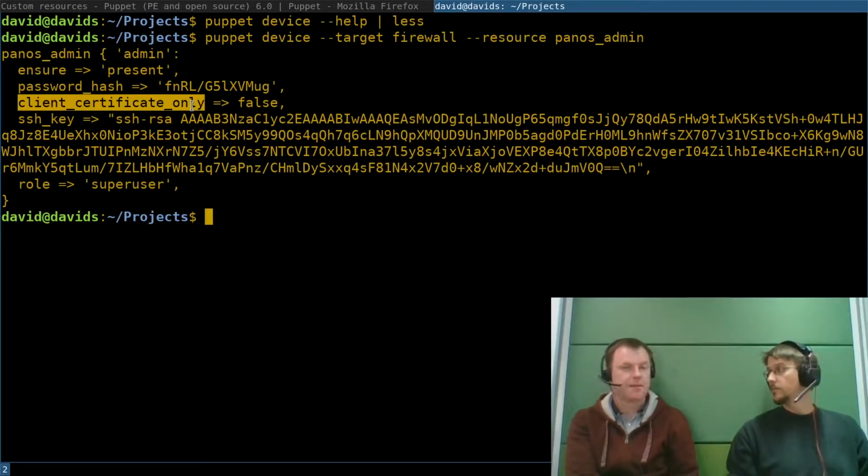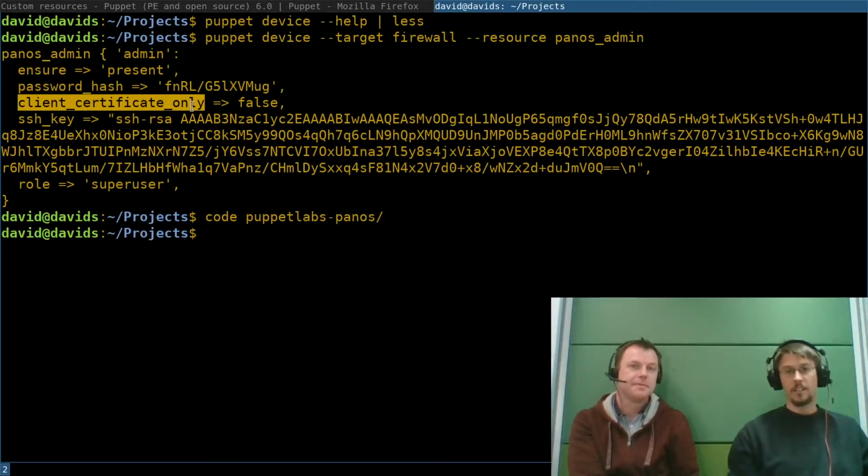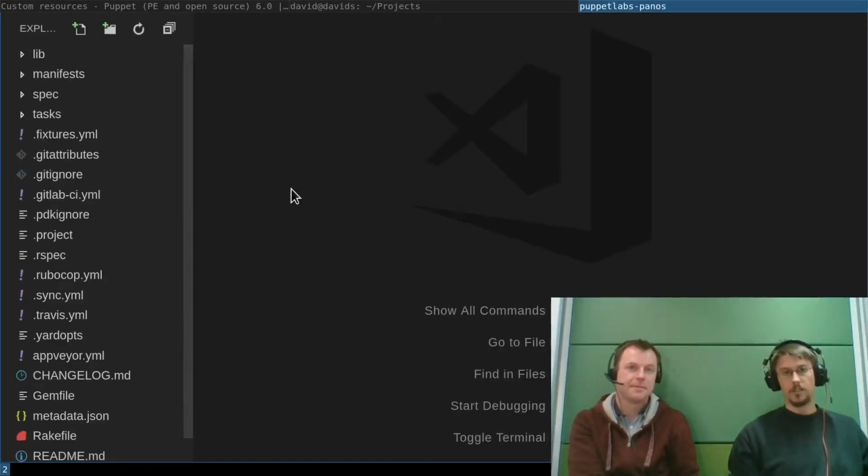All right, that sounds pretty straightforward. So could you maybe walk us through a module and maybe some types and providers just to show us what they look like in code, please? Sure. We talked already about the Palo Alto module, and as it happens, I have a checkout of that here, and I'll load it up in the Visual Studio Code